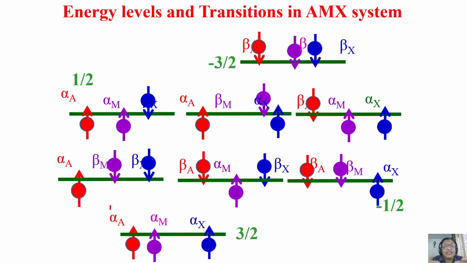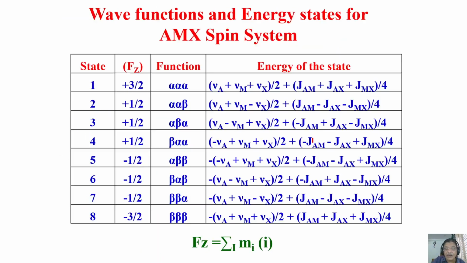So now we extended the logic for AMX. We know there are 8 possible energy states, and we understood the transition probabilities and transition selection rules. What are the transitions allowed? We found 4 transitions are there for A, 4 for M and 4 for X. So how many lines do we get? Totally 12 lines. So for AMX, a 3-spin, very weakly coupled system, we get 12 lines. So what are the 12 lines? We will understand when you come back tomorrow. Right now, this is the message. Please take it, understand it, and go back and practice some of these things. You will understand. So we will discuss more about the energy states and frequencies, everything, tomorrow.